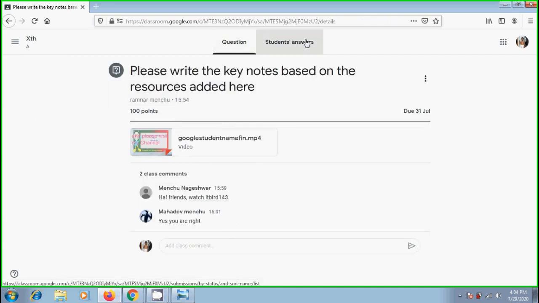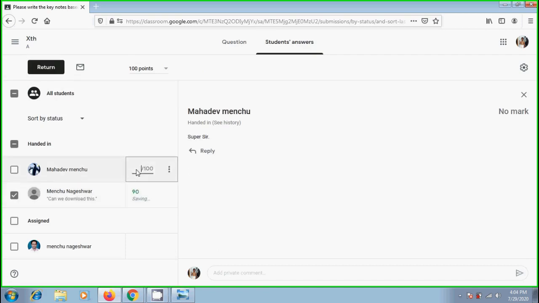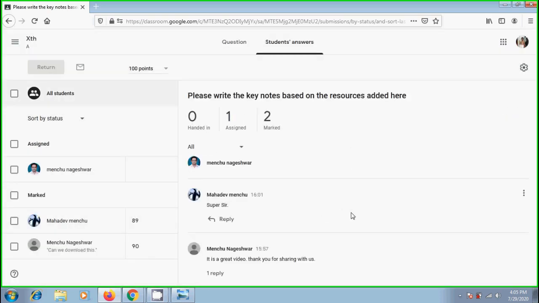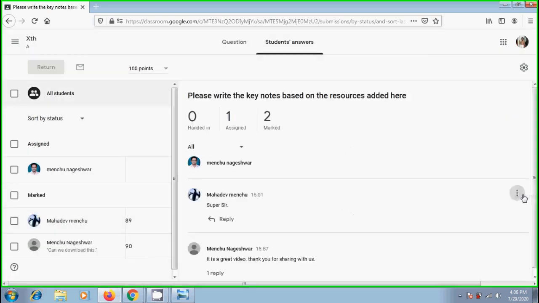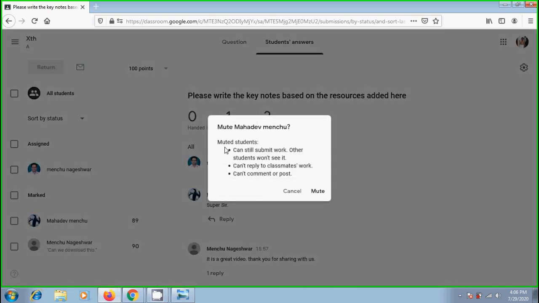After that, if the teacher wants to grade the students, simply he can enter the marks here. And to send this to the students, they need to click on return. Students will be notified and can check any grades that you have left. And if we want, we can mute a specific student from answering this question. Muted students can still submit work, but other students won't see it and they cannot reply to classmates' work and